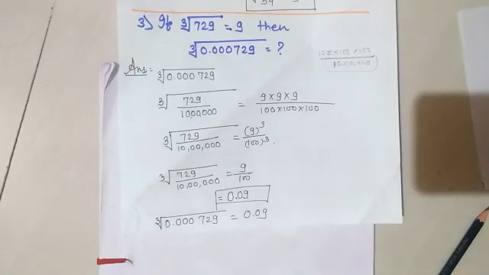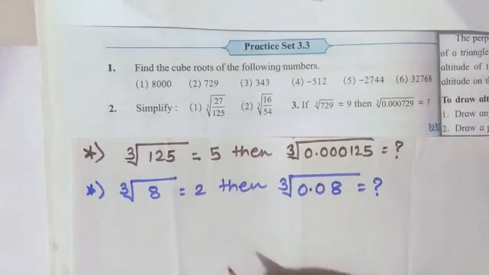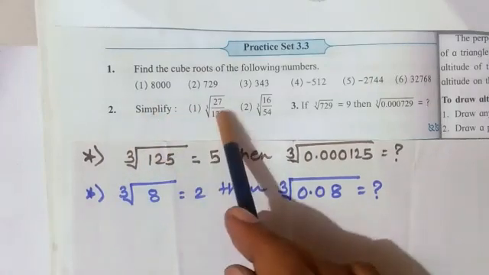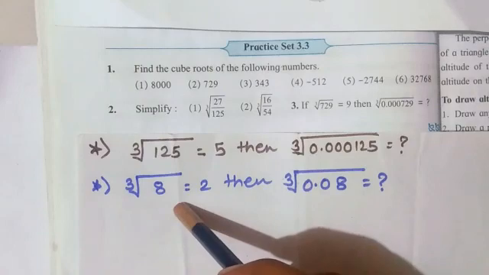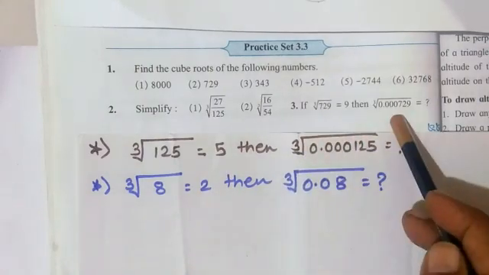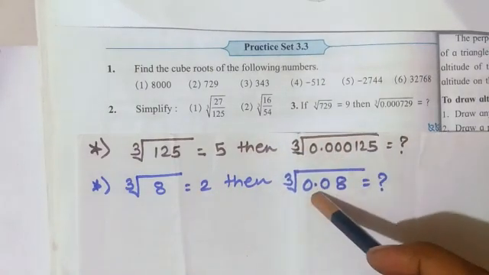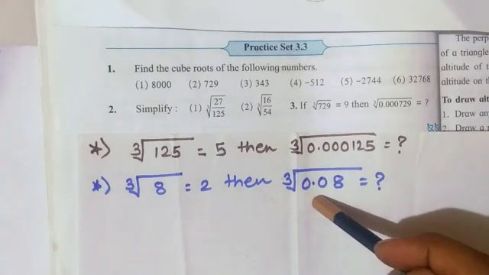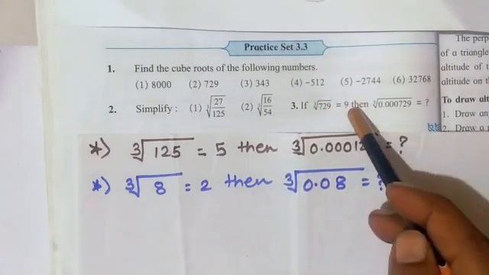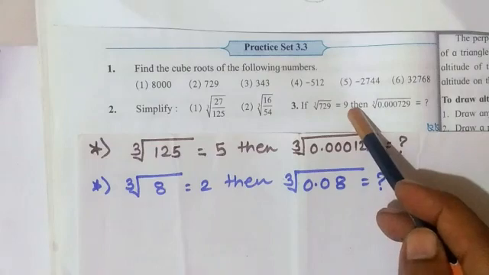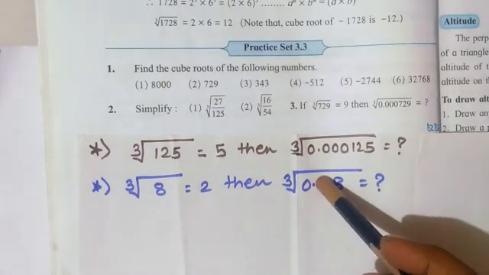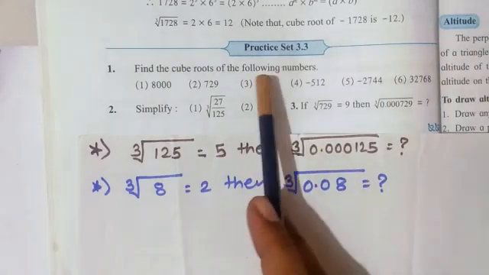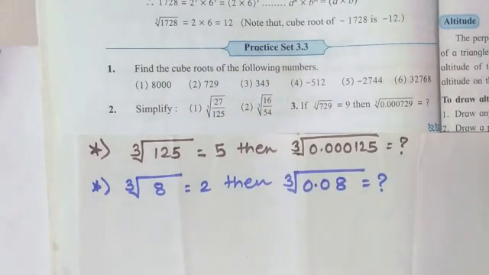If you want, you can take a screenshot which helps you to write in the classwork notebook. Now like this way we have finished our question number 2 also. But students, here are two sums just like this third one, which you have to solve on your own, which will help you solve this type of question if they come in the examination. Got it? These two sums are for your practice in your rough notebook. Like that way our practice set number 3.3 is over.